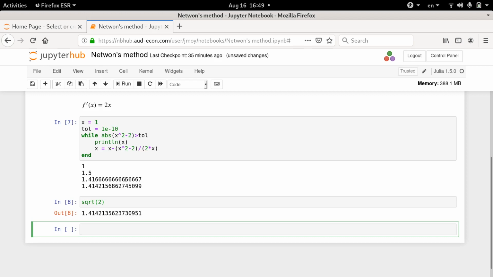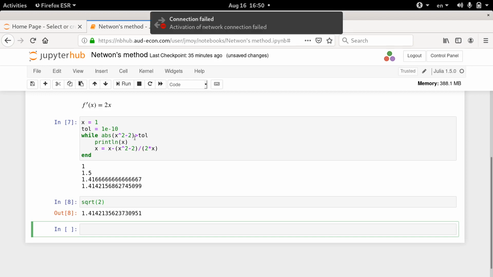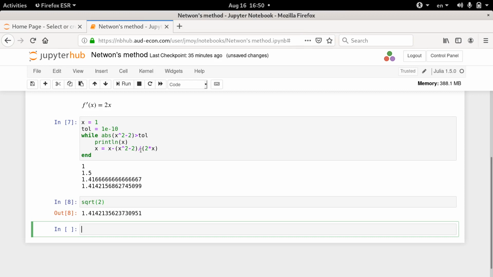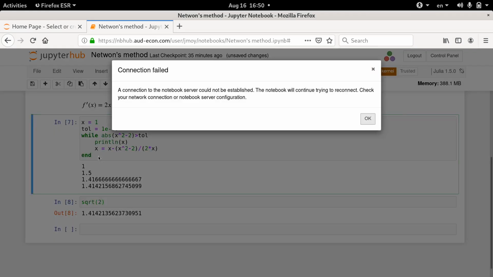Now here the important part is this while loop, so let's look at this loop. What does this loop look like? You have a while and you have a condition. So the condition is: absolute value of x squared minus 2 is greater than tolerance. The idea here is that in the for loop you had a loop variable and each time through the loop that variable got a new value. A while loop doesn't work like that. A while loop just checks a condition, and as long as the condition is true, the body of the loop is executed. So updating variables is up to you. And when the condition of the loop becomes false, you go to the end of the loop and continue onwards from there.